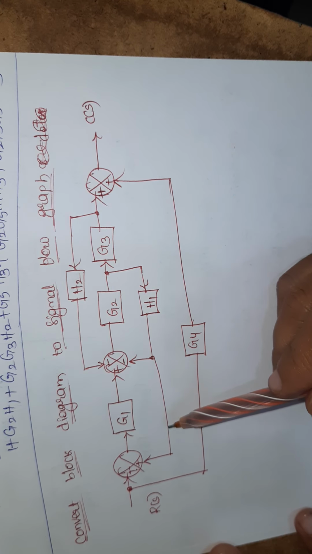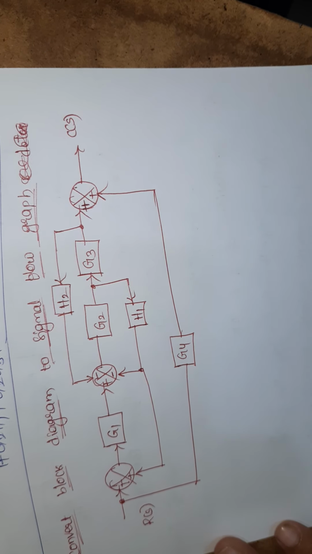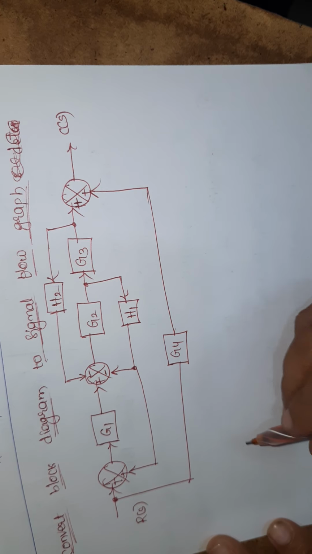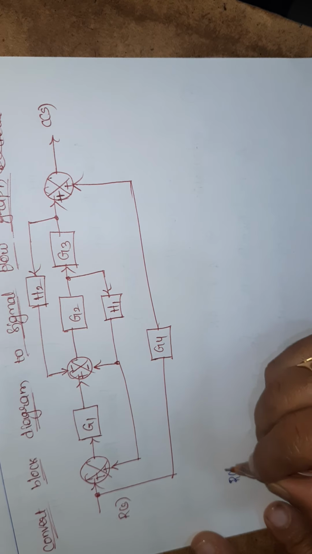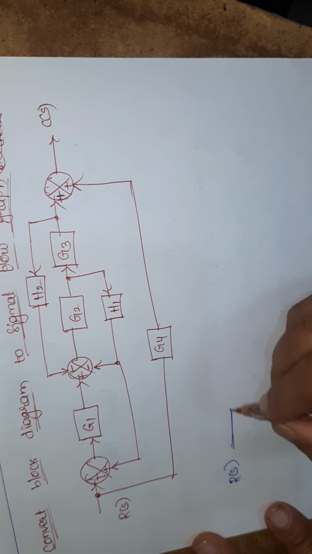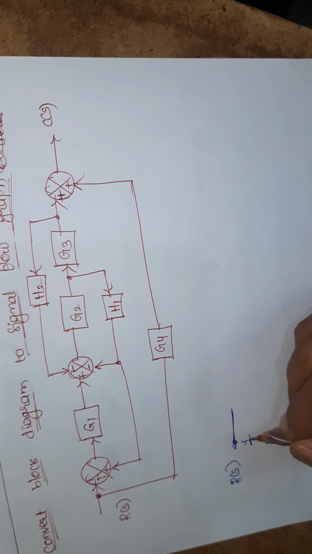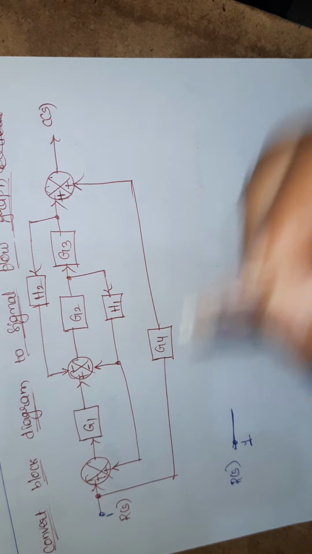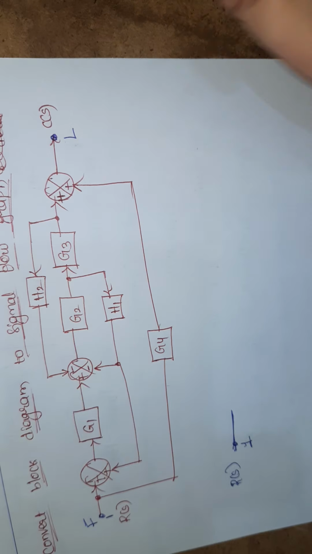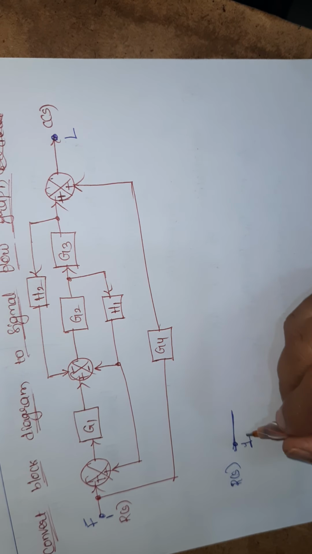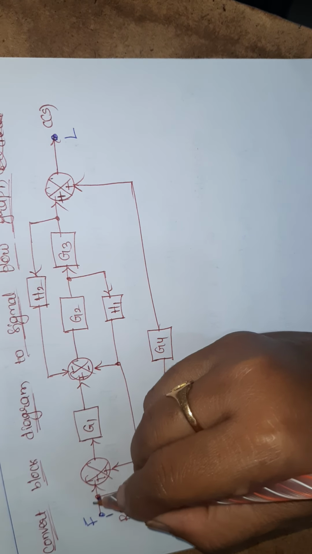So we have to first observe the block diagram so that we can place nodes easily. See here, this is the R of S given. Next, I am assuming this as the first node, and this is the last node. First one I am considering as 1, R of S. Next this is the second node.